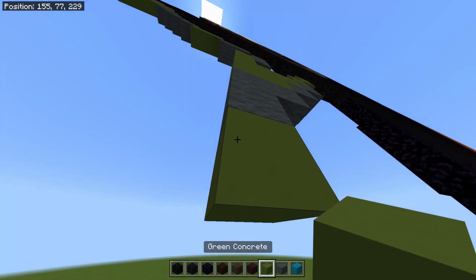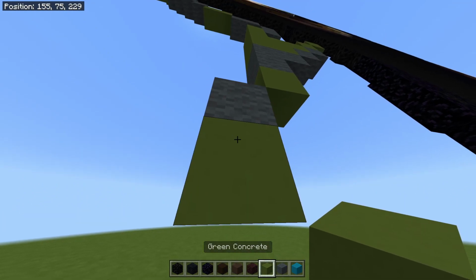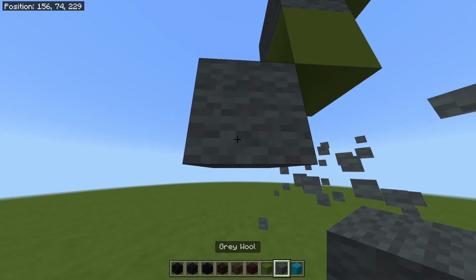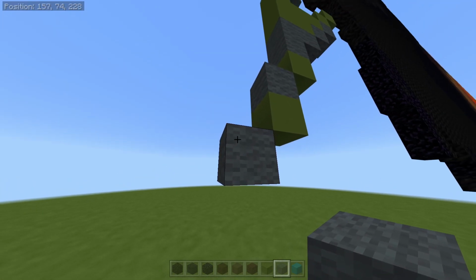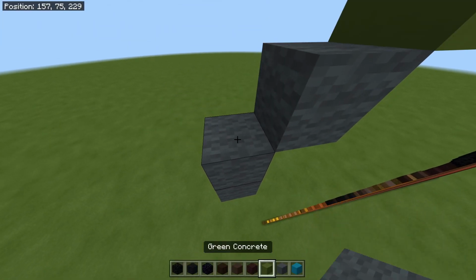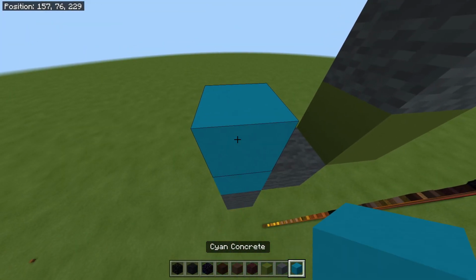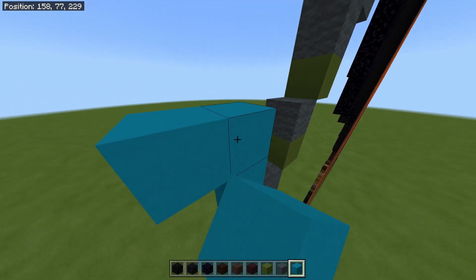Underneath that, place a green concrete. The grey wool going diagonally down to the left with the green concrete below that. The grey wool going diagonally down to the left. From this grey wool, you are going to place 2 blocks going down on the left with your grey wool like so. On top of that, place 2 cyan concrete going up,